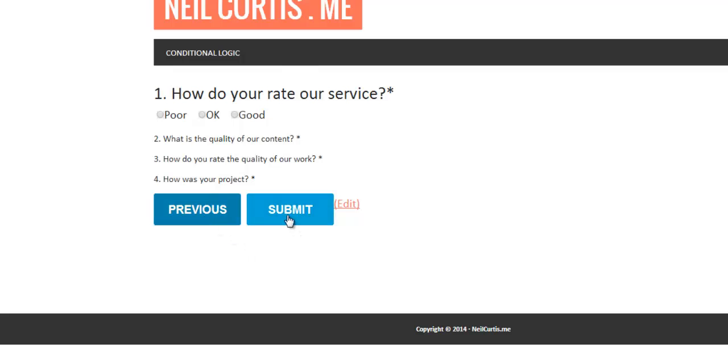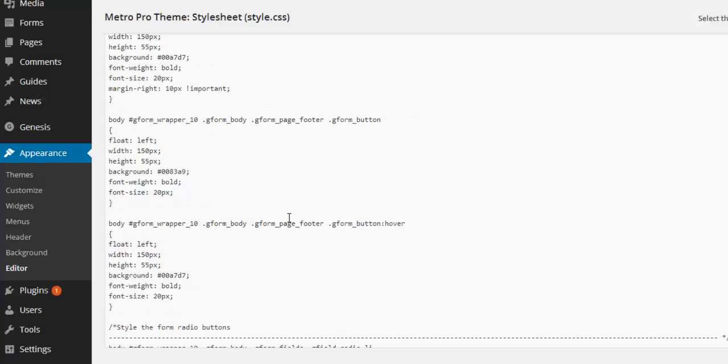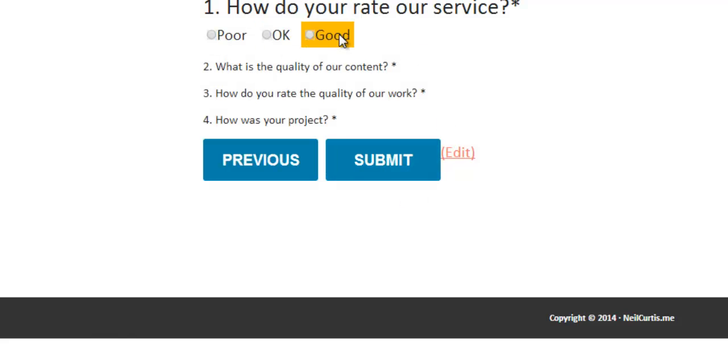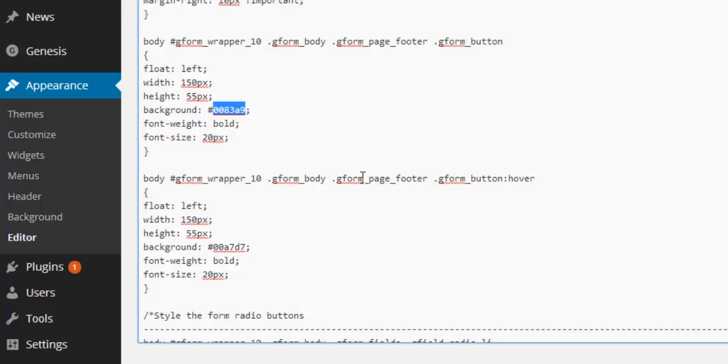There we go, nice. So we're just going to change this to a yellow and then a lighter yellow when you hover over it, and then it's done. So it's these two buttons here, and it's this color we need to target, and this one here. So the yellow is actually the same yellow as we used before for when you hovered over the different options, so I'll show you. So it's this yellow here that we want, which was